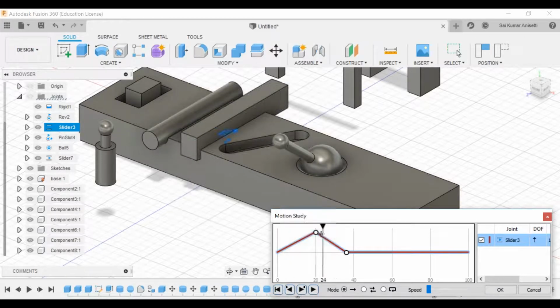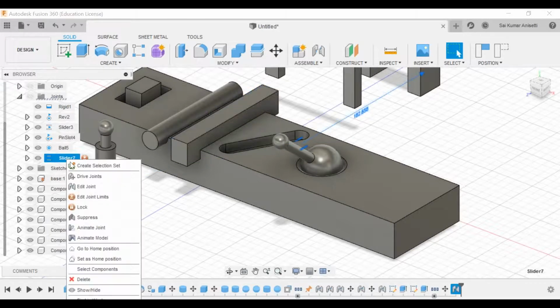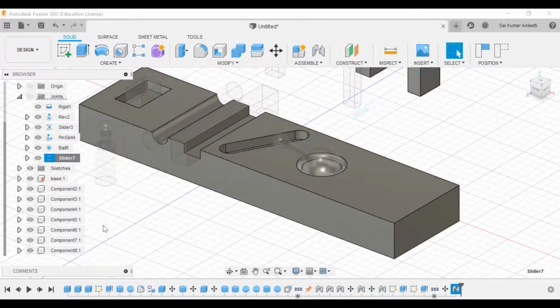Okay, step number 1, it is going to have 10 point and 3 point, 4 point, whatever it might be. It just goes with the maximum amount. So adding the steps is in order to make your motion slow and fast. That is what it actually does in between your limits. Or else, if you simply want to animate, then select the motion sliders, go with this and just animate your joint.